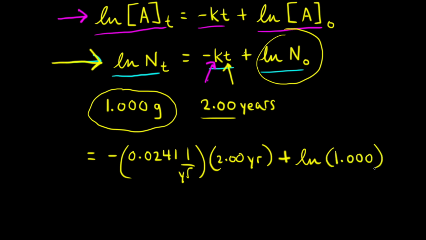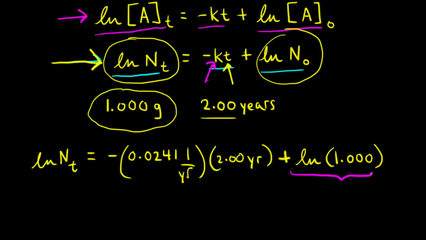All of this is equal to the natural log of the number of radioactive nuclei at some time t. The natural log of 1 is 0. So now we have the natural log of N is equal to, and when we do this math, we're going to get negative